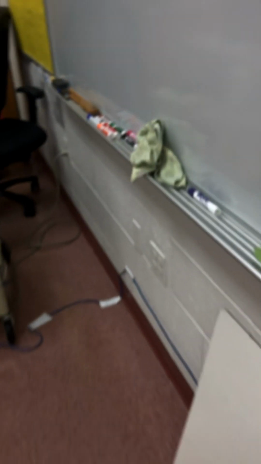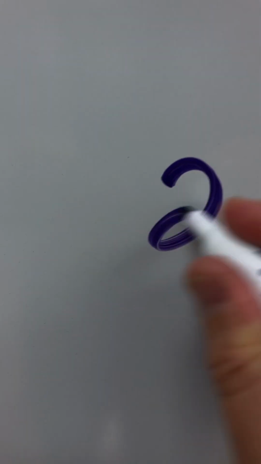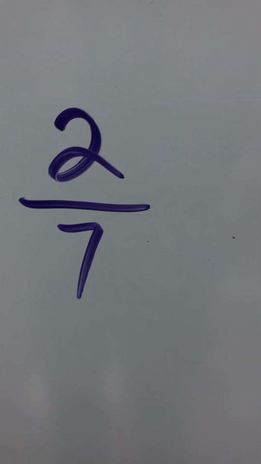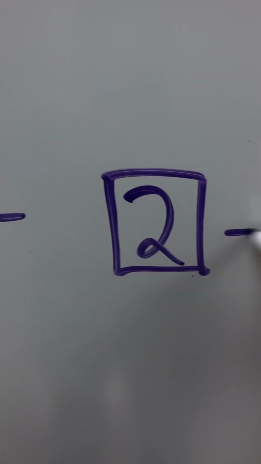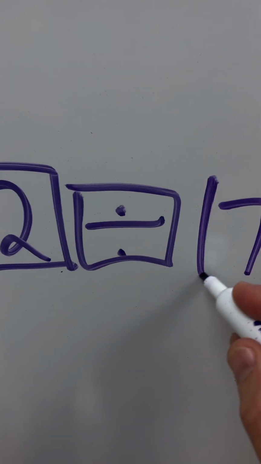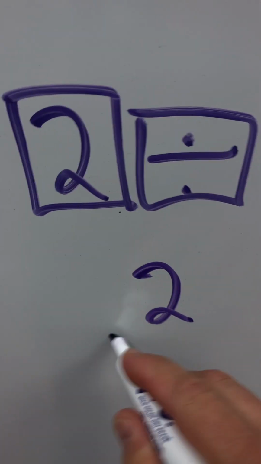How do you make a fraction on Delta Math? If your answer is 2 divided by 7, 2 sevenths, you type 2, hit the divide key on Delta Math, and then type 7. That will come up 2 over 7 on